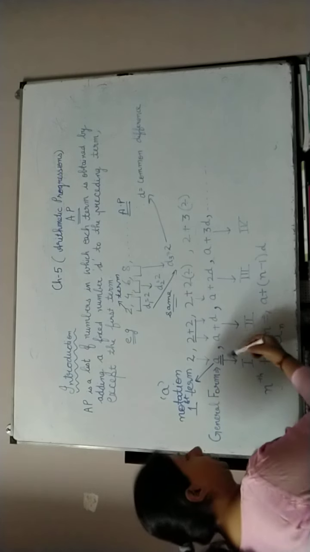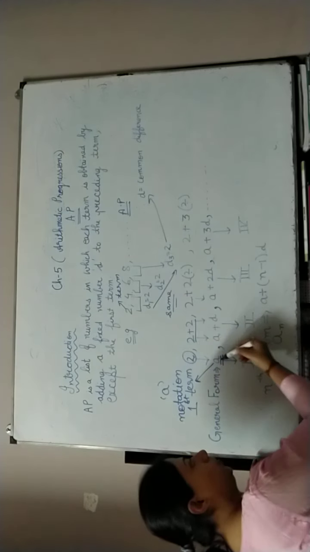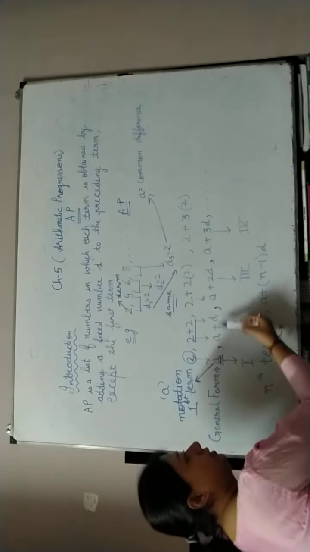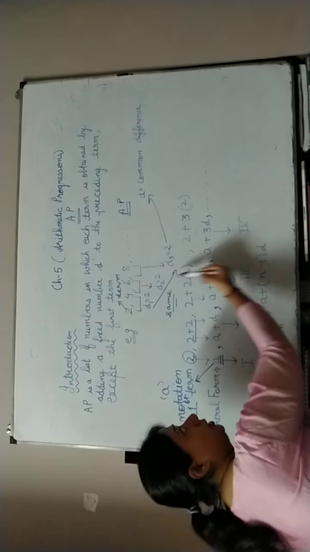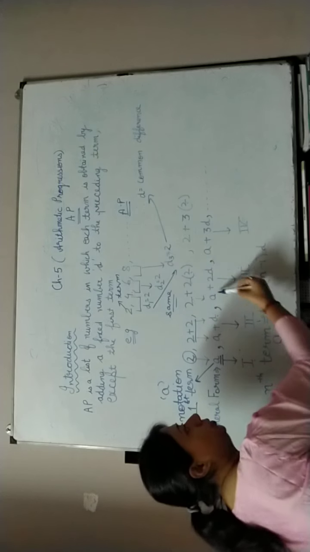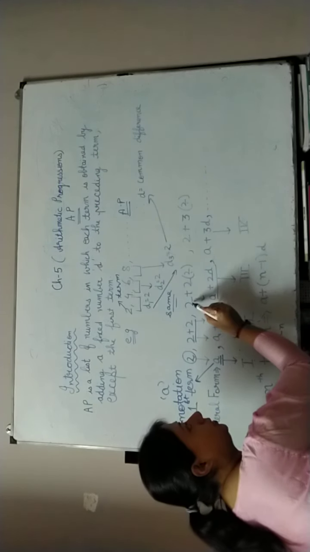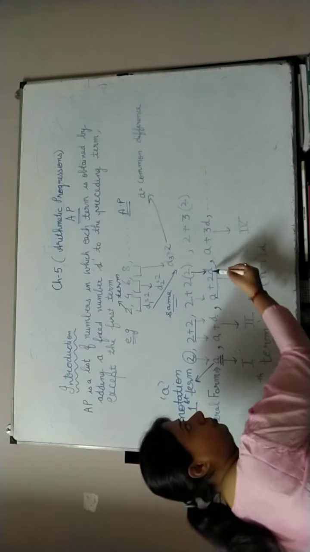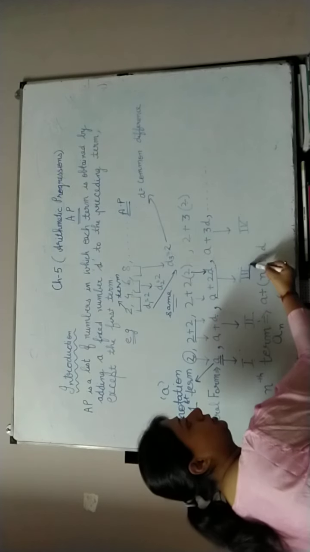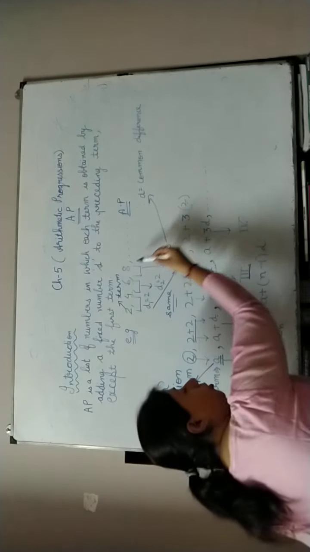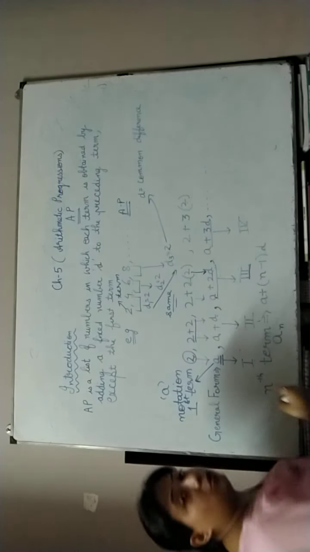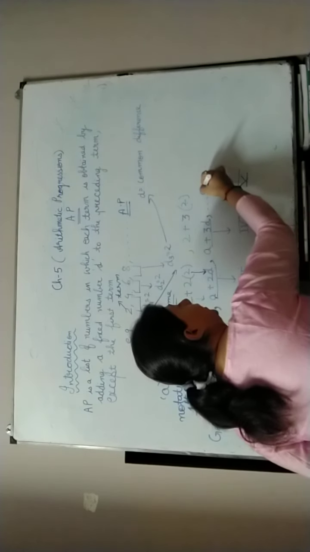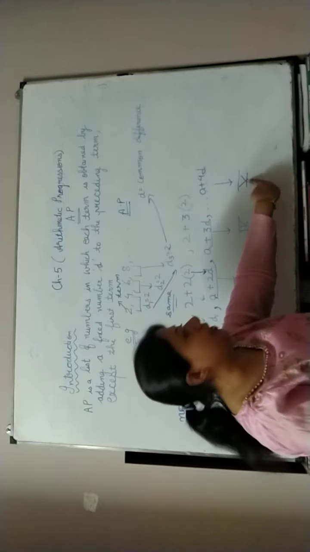Now the notation: the first term is known as A. This A plus D, which I calculated as 4, is the second term. This breaking of 6 into 2 plus 2 into 2 can be written in the form of variables: this 2 is A, this 2 is the difference. So it is the general form of the third term. The third term can be written as A plus 2D, the fourth term as A plus 3D. The fifth term, you can now generalize, can be written as A plus 4D, one less than the term number.